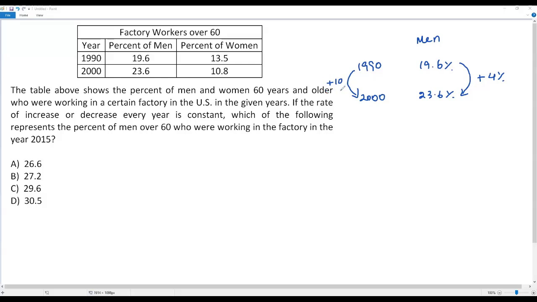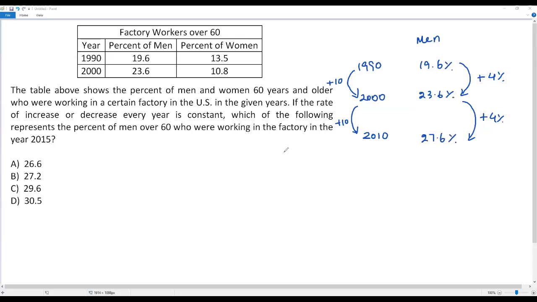That is, if I take the next 10 years, from 2000 to 2010, whatever rate of increase we have for the previous 10 years, I will have the same rate of increase for the next 10 years as well. Because the question says the rate of increase or decrease every year is constant. When every year is constant, for a 10-year period also it has to be constant. So 4%. Now to get the percent of men over 60 for the year 2010, we have to add 4 to this 23.6. When I do so, I'm getting